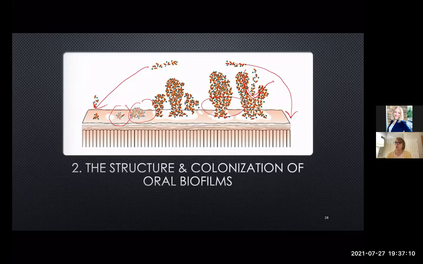And what happens is that more and more and more bacteria join and we see layers of plaque, layer upon layer. Well, now if these bottom layers closest to the tooth aren't getting oxygen and the nutrients they need anymore, they're actually calcifying into tartar or calculus. So once we have layer upon layer of plaque, it calcifies and it becomes calculus. And then the calculus is covered in plaque and so on and so forth. This is how we keep forming layer upon layer of biofilm and calculus on the teeth.